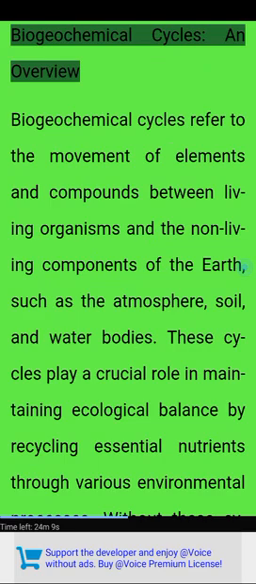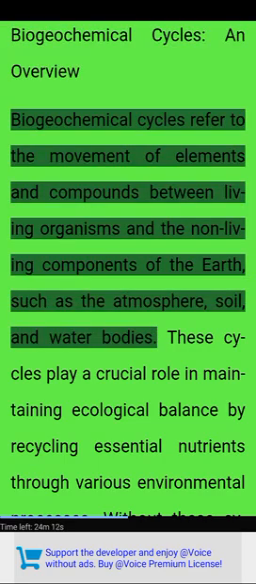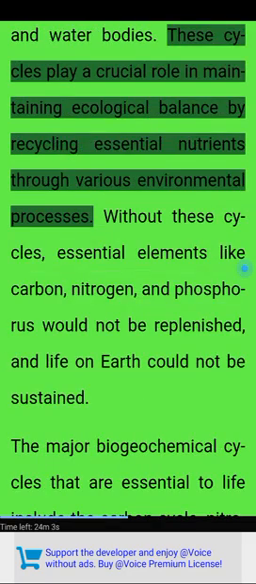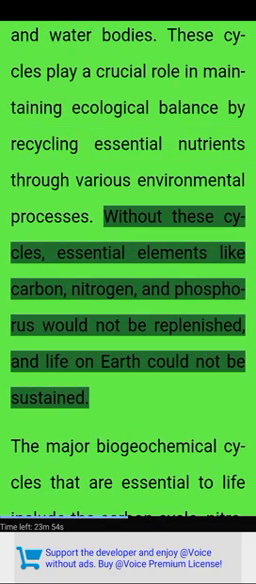Biogeochemical cycles: an overview. Biogeochemical cycles refer to the movement of elements and compounds between living organisms and the non-living components of the earth, such as the atmosphere, soil, and water bodies. These cycles play a crucial role in maintaining ecological balance by recycling essential nutrients through various environmental processes. Without these cycles, essential elements like carbon, nitrogen, and phosphorus would not be replenished, and life on Earth could not